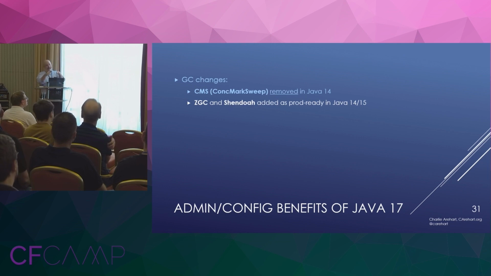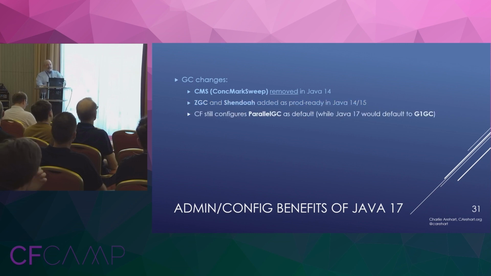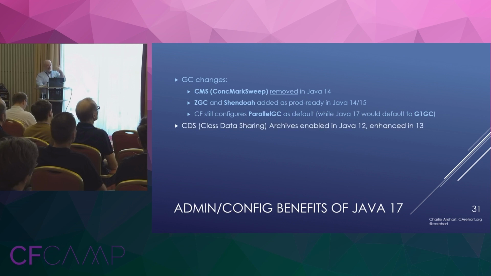But I wanted to add that there have been new GCs since then. ZGC and Shenandoah were added in 14 and 15, or production ready as of 14 and 15. So those are choices you could consider. That's where we go. There you go. I knew I had it. And then also Java 17 added, and other earlier versions added, a thing called Class Data